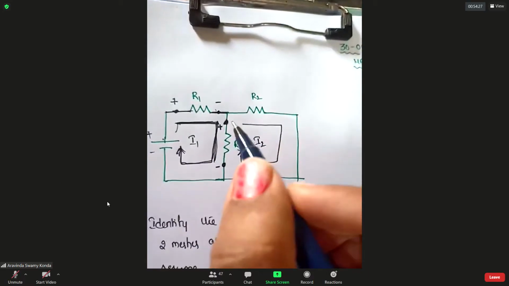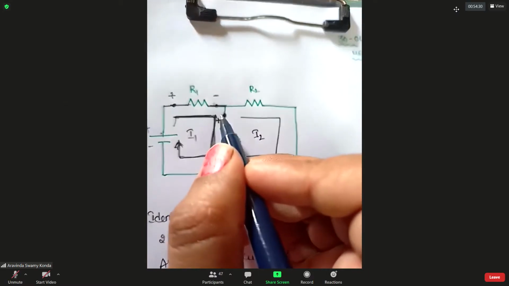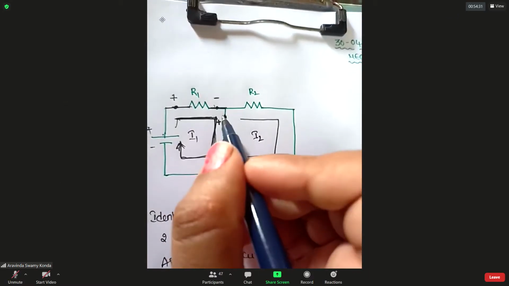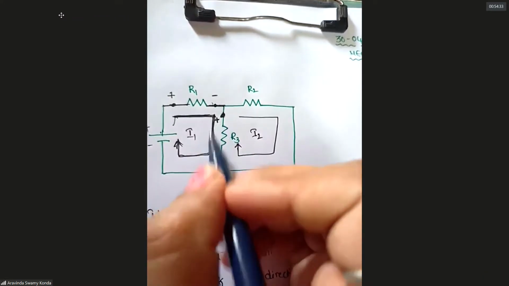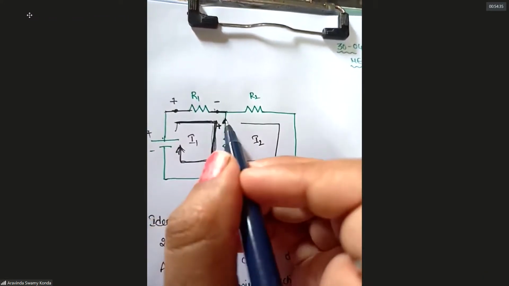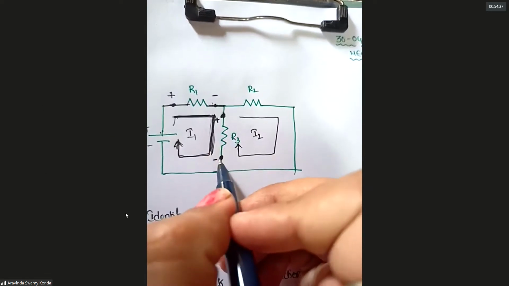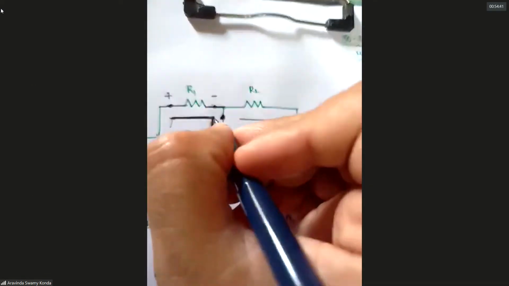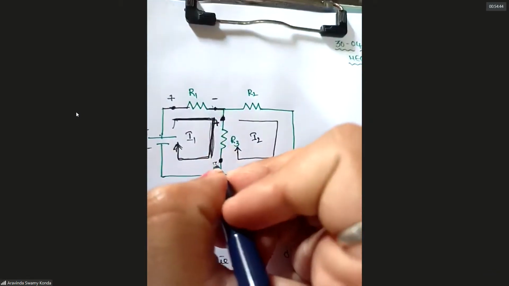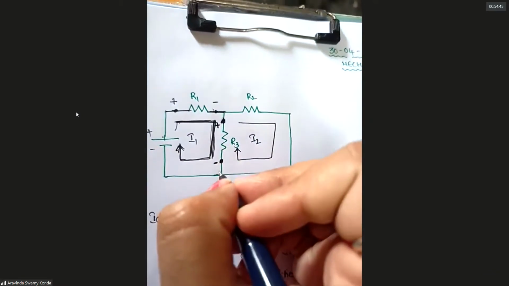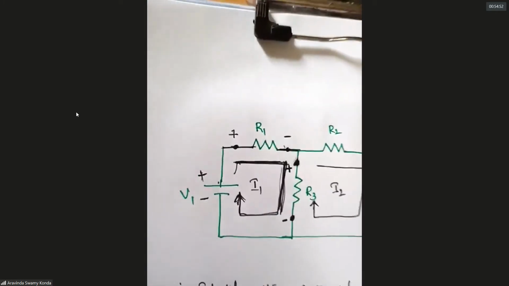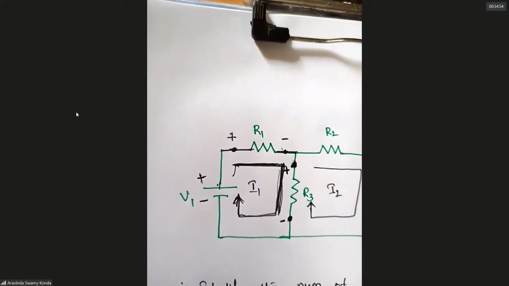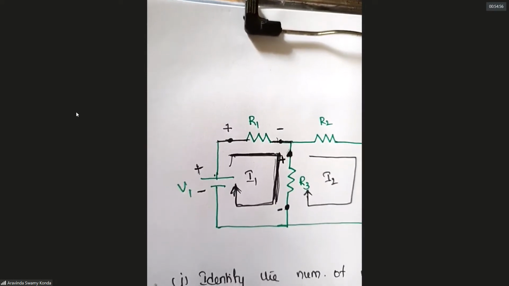Okay, right. So the current entering node for this R3 is this. In this way, the current is flowing like this. So the current enters here and leaves here from the element R3. So this is the positive node and this is the negative terminal. The current directions are already given for the source, positive and negative are given for the source. So you do not have the right to change the terminals.